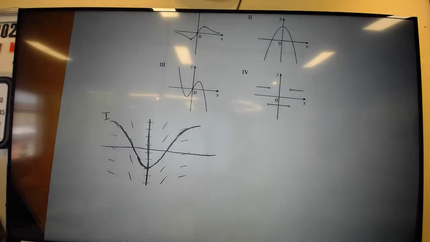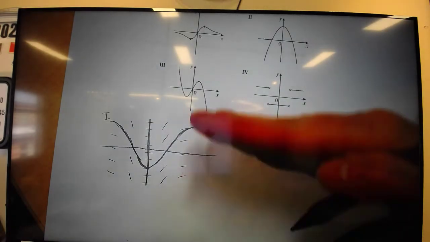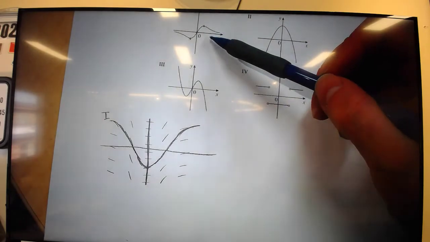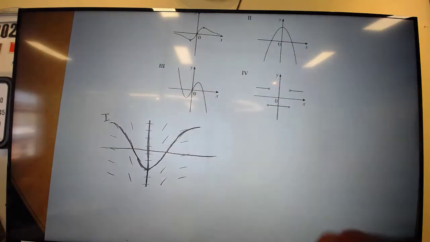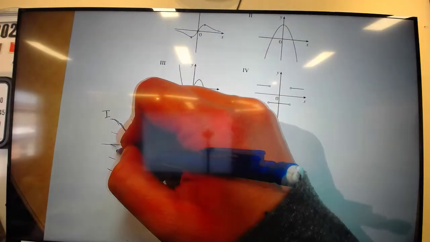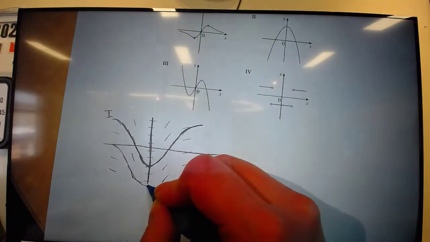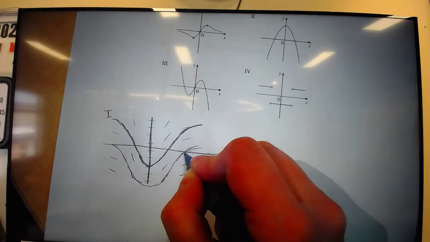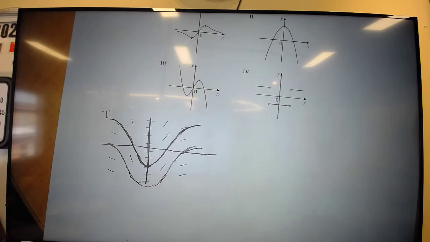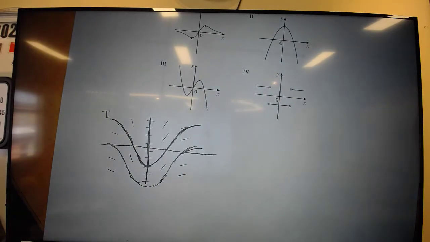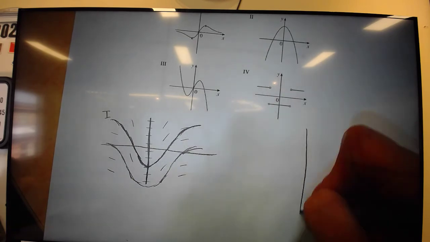Now remember that C value, depending on what it is, and we can't see that in this graph, would shift this thing up and down. So this would have been the same and totally acceptable compared to that. Both of those would work. They just have different C values, different vertical translations. So next one,